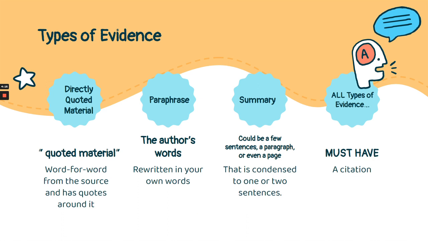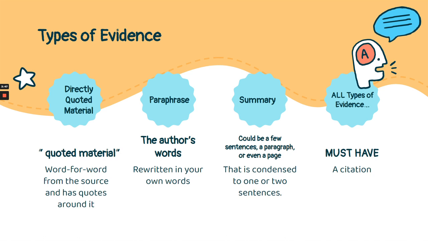So directly quoted material, you know what that is. You use it often. You take it word for word from the source, you put quotes around it. Paraphrasing and summarizing are a little different. Paraphrasing is when you take, let's say, one sentence or two sentences that the author wrote, and you're restating it in your own words. Summary, it's your own words as well, but here you're condensing. So maybe you're taking multiple paragraphs or even a page of information, and you're summarizing it in 1 to 2